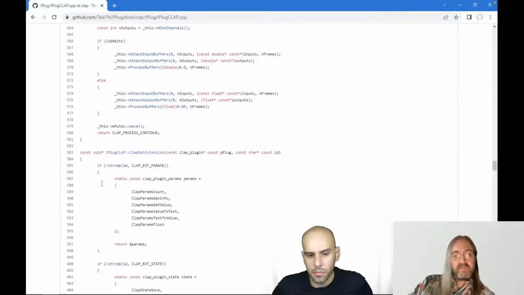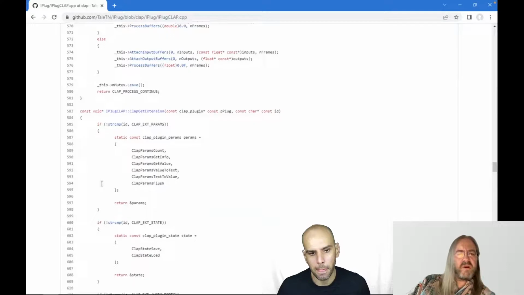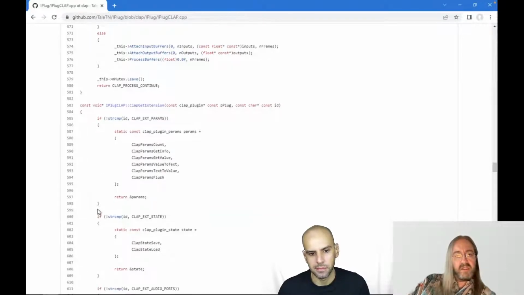So yeah, I don't think it matters much for efficiency, actually, because in the end it will call your process function, and that's going to do most of the calculations. So all this boilerplate code doesn't really matter anyway. And I guess there is no way of having your cake and eating it too. If you want to have this dynamic notion of extensions that you either support or you don't, then you somehow have to pay the price of checking if the extension is supported or not.